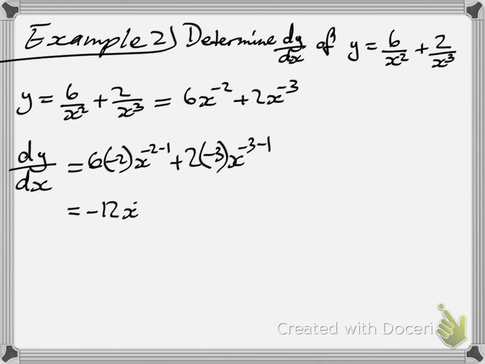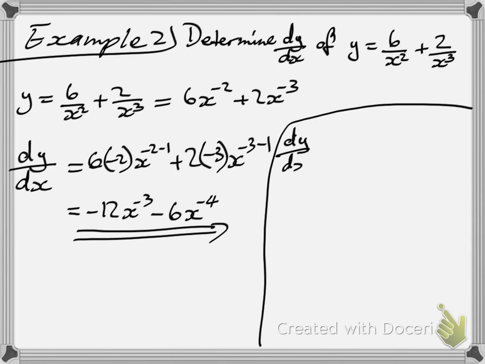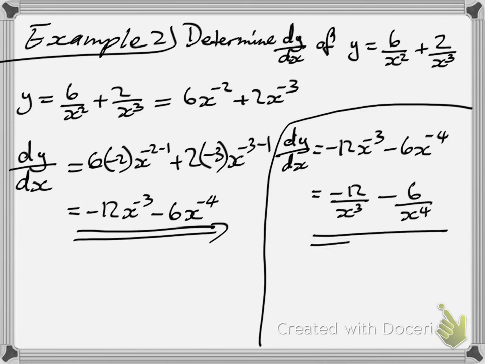You multiply with the exponent and you reduce the exponent by 1. So in this case, you get negative 12x to the power of negative 3. And then in the first way, we can say dy dx is equals to negative 12. So we do it mentally. And if they say write your answers with positive exponents, there we go. Can you see that? Right. So you can pause and you can play back. Right. Moving on. Example number 3.